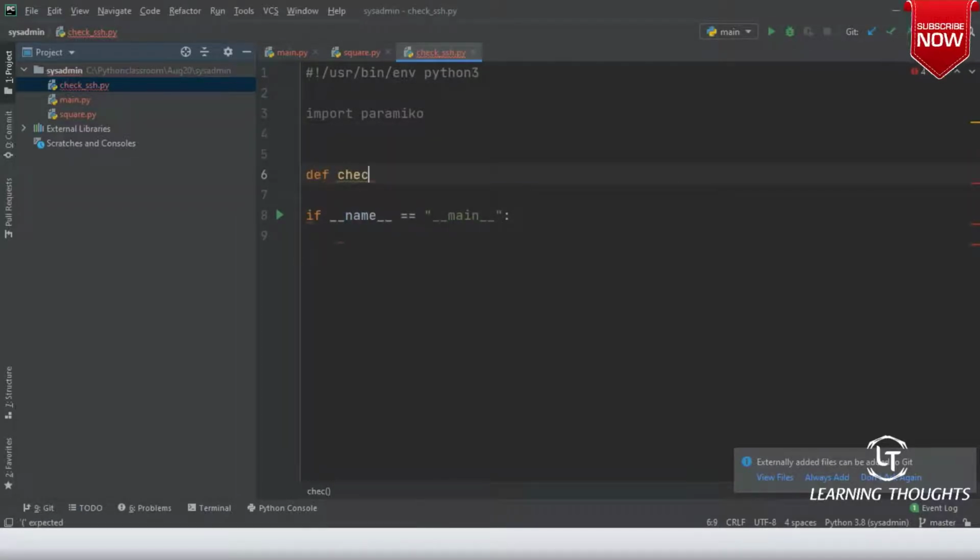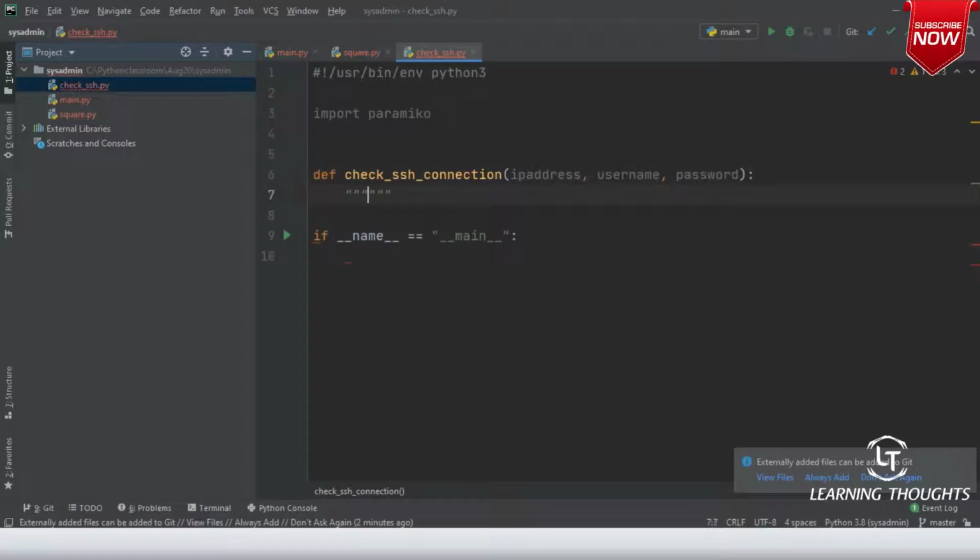Def check_SSH_connection. My function will take IP address, username, and password as its arguments.